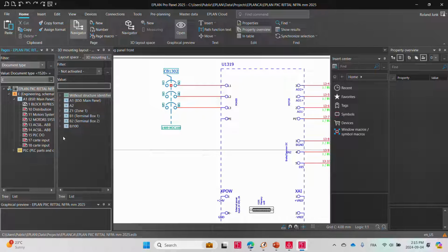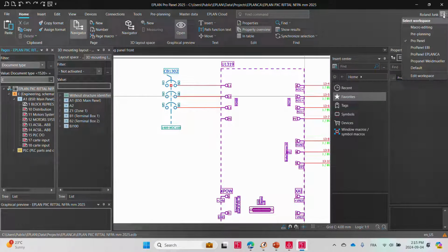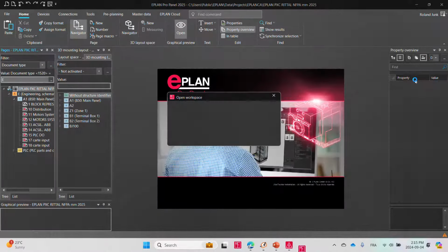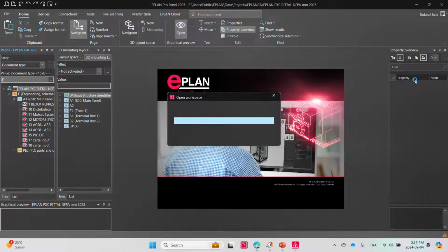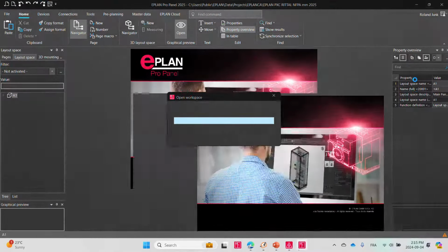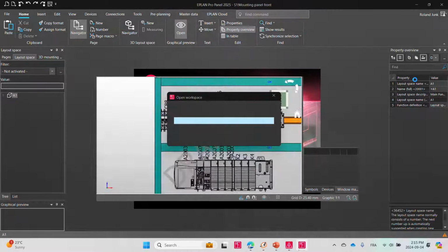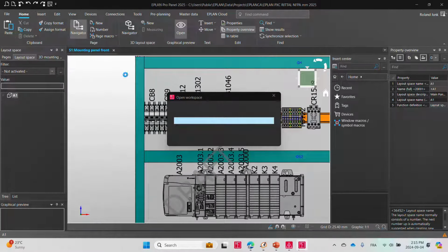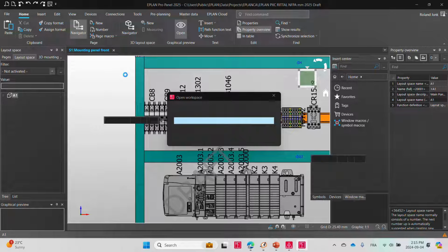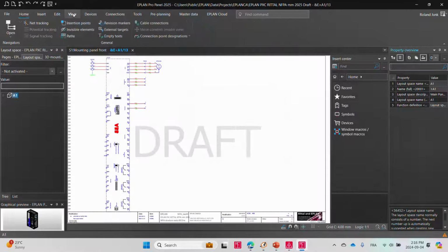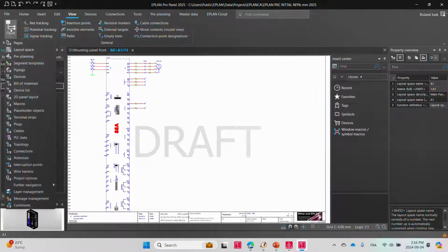And you will see that at one point in time, again, you will come into this arrangement that you just no longer know how to get out of. Remember, reset button, just reset this to your default, and bingo, it just reorganizes the position of every single window or dialog. Now, the dialogs we were looking at, and this is one of the powerful things about EPLAN, is one of the navigators. You will find them here under view,